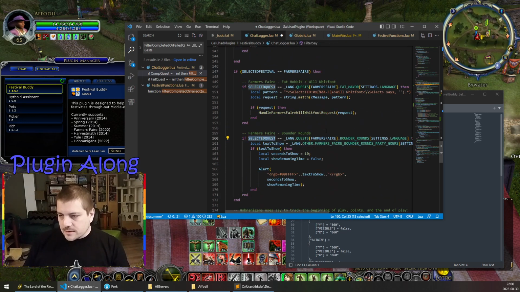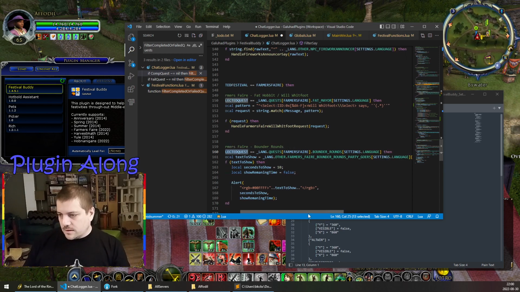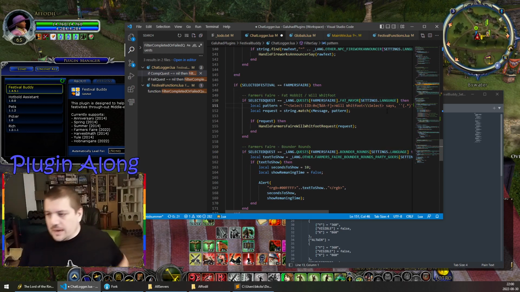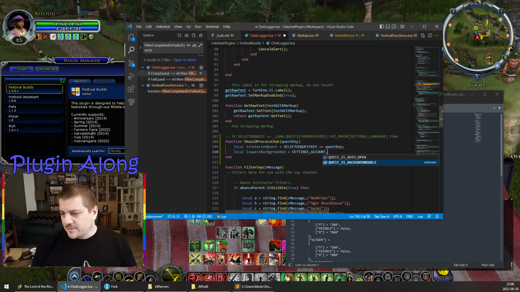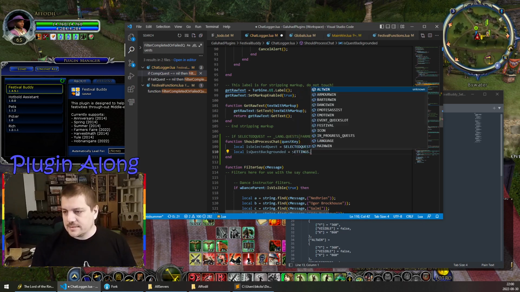Do we even need the quest name at that point? Let's see. Yeah, all these selected quests would be better just being selected quest key, getting rid of the language, and not worrying about it. I don't think we need the quest name. Awesome. Is selected quest. Local is quest backgrounded equals, and that is account, no, settings account dot quest is backgroundable, and that is quest key. No, we don't care about if it's backgroundable, we care about if it has been backgrounded. That is settings dot